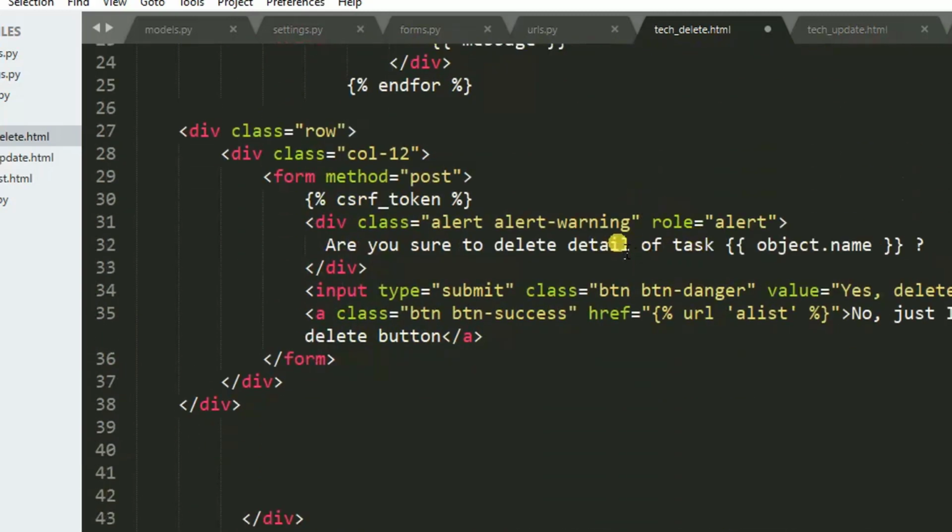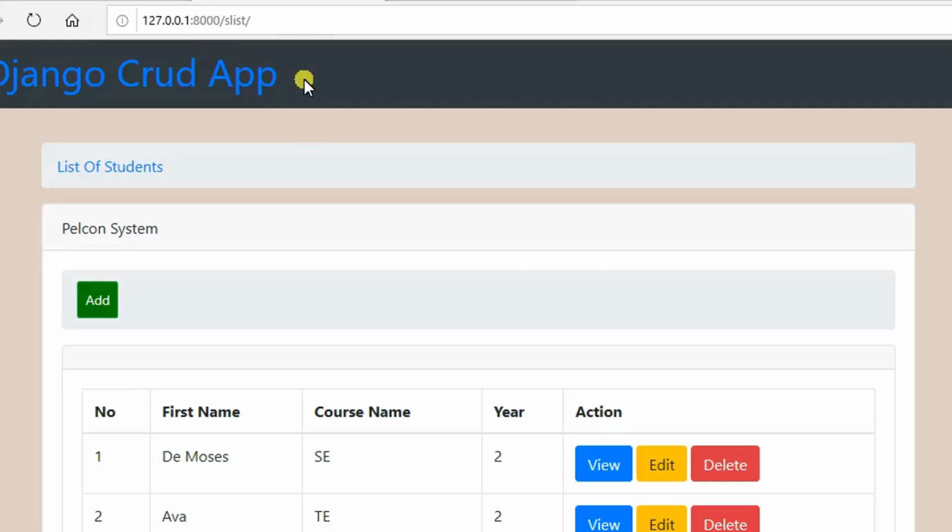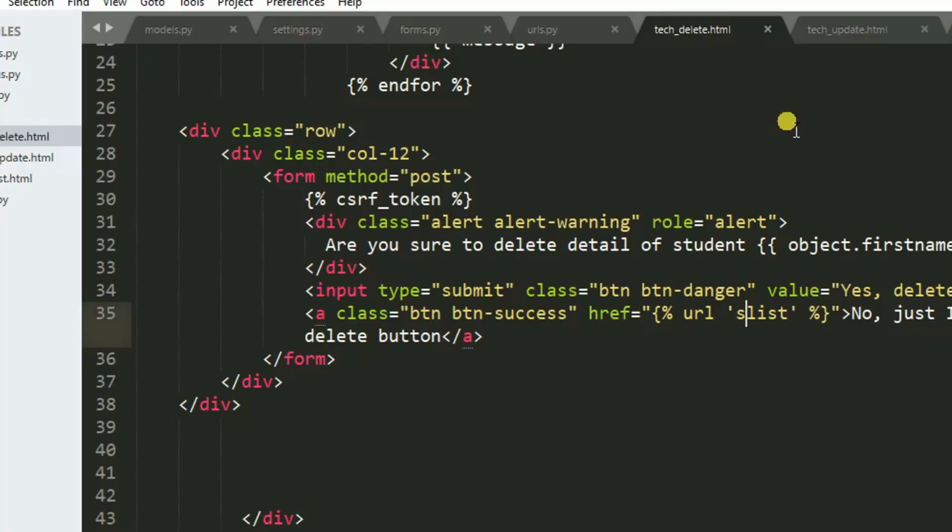Are you sure you want to delete detail of student, first name? No. If no, should be redirected to our main page. Let me Ctrl S to save the changes. Yes, back here. So I refresh, nothing. What